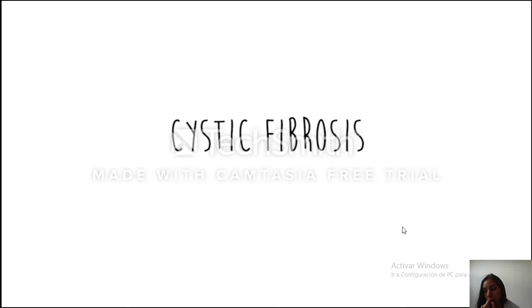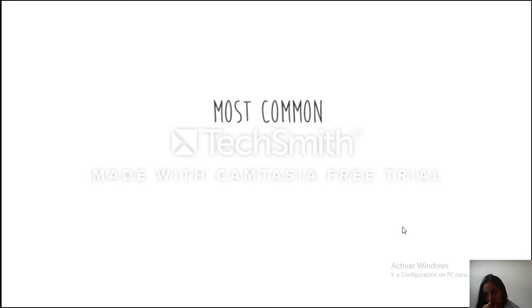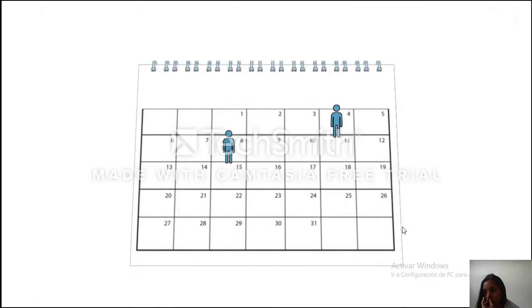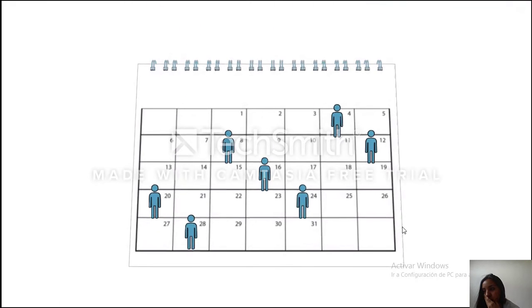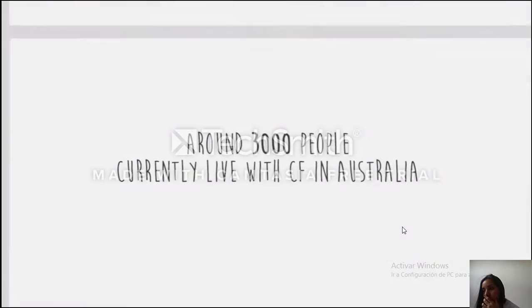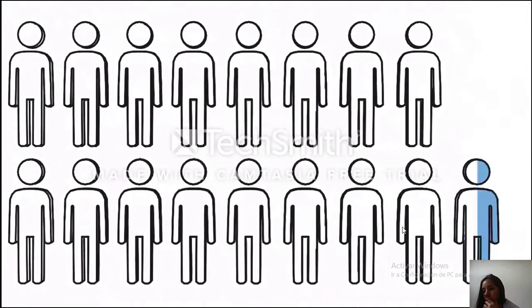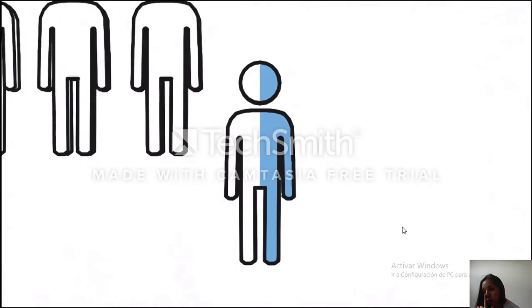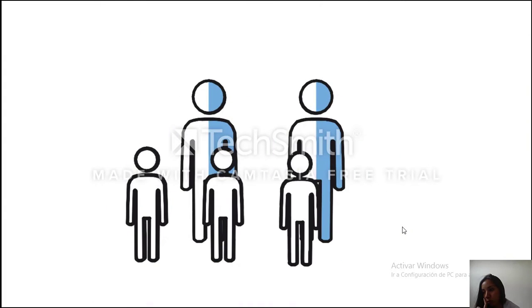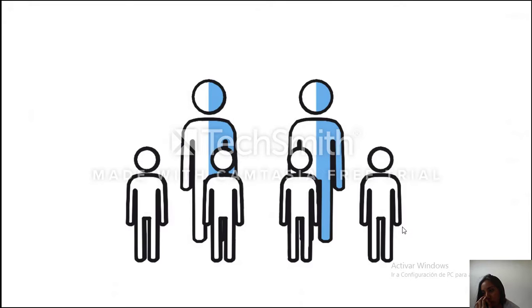Cystic fibrosis, or CF, is the most common genetically inherited, life-shortening chronic illness affecting young Australians today. A baby is born with cystic fibrosis every 4 days. Around 3,000 people currently live with CF in Australia. And 1 in 25 people are carriers of the CF gene. Carriers of the CF gene do not have any symptoms of the condition, but maintain the possibility of having children